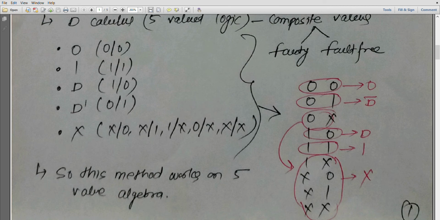Okay, so 1 and 0 I am giving as D. Just for your understanding, D is defined as stuck at 0, and D bar is defined as stuck at 1. All other cases other than these four logic values, which have a don't care condition with them, are considered as the case of don't care. So this is how the D algorithm, this D calculus, works on the 5-valued logic. It can be 0, it can be 1, it can be D, it can be D bar, and it can be don't care. Okay, so this is the basic fundamental behind the D algorithm.